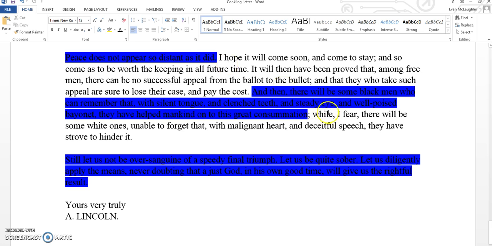And then he has this very poetic line, which is sort of common vernacular, and his thesis statement as well. Hey, there will be some black men who can remember that with silent tongue and clenched teeth and steely eye and well-poised bayonet that they have helped make mankind to this great consummation. So here, this very poetic language, very reverent language for the black soldiers that he's